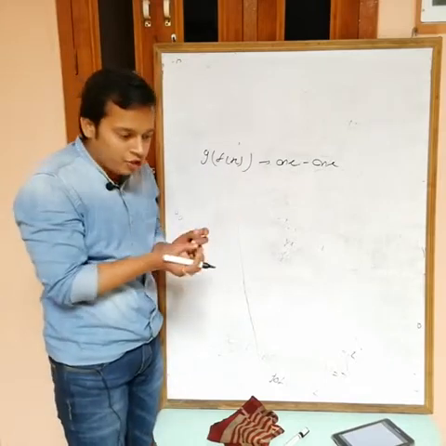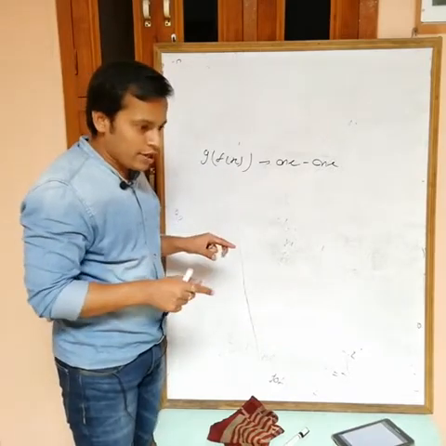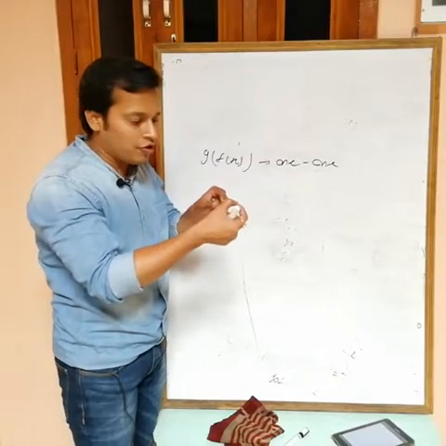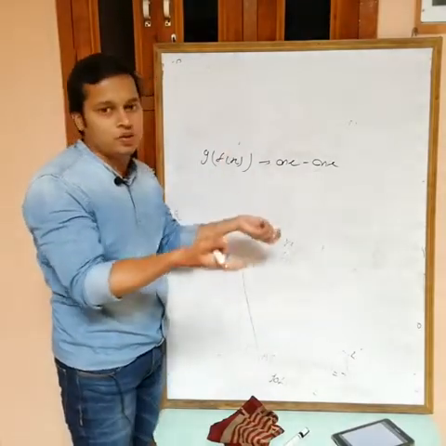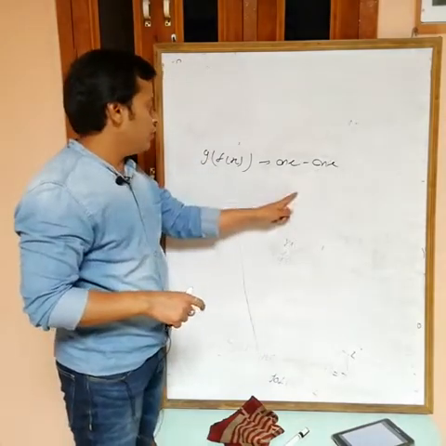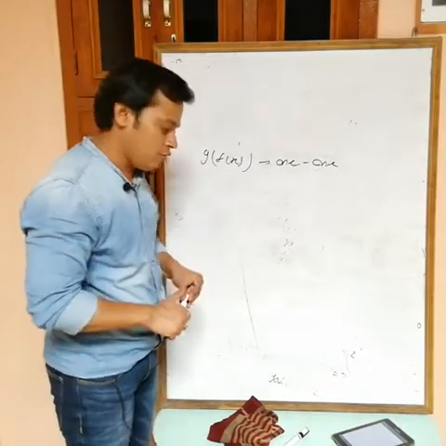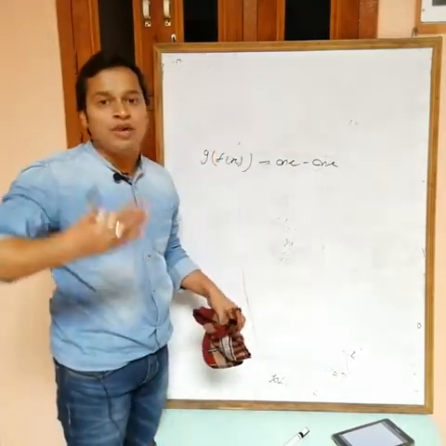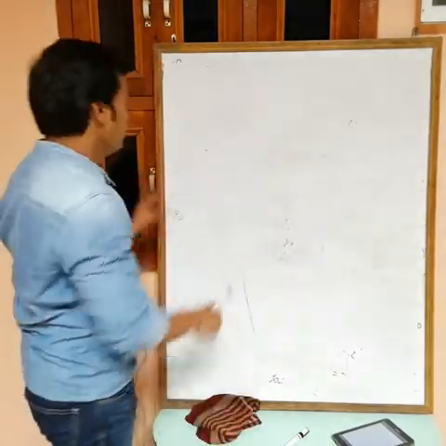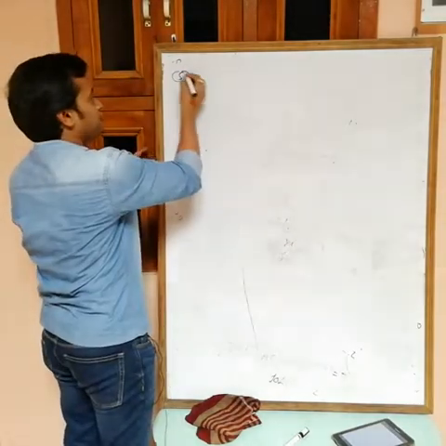Because if f can take two values of x such that we have the same value of f(x), then definitely for that value you will get some value of g(x), and then this becomes many-1. So if this one is 1-1, then f must be 1-1, but g may be many-1. To say many-1, I want only one example, so I will give you an example. So the fourth one is done, now the fifth one.